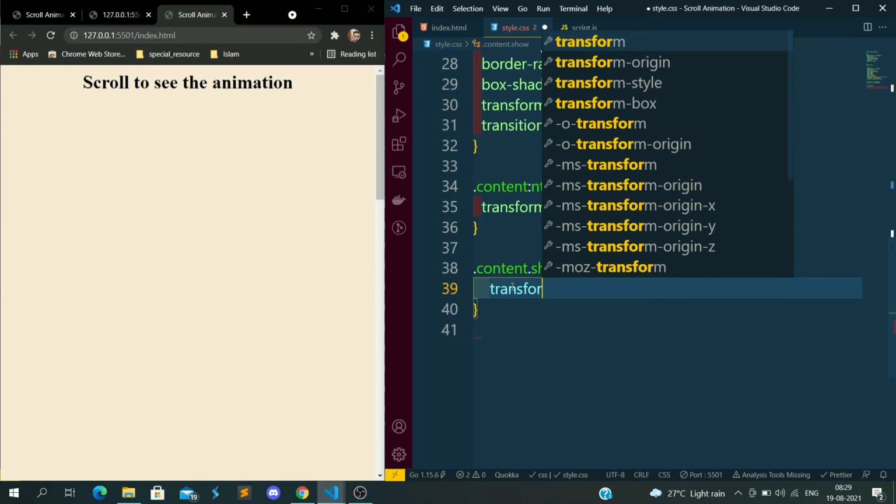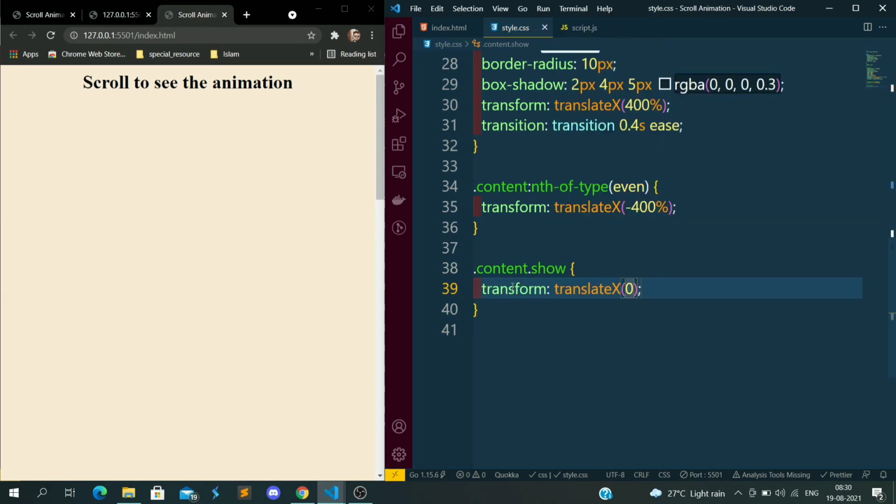As of now the translateX is minus 400% for even-numbered cards, and for odd-position cards it is 400% on the right side. So as soon as we scroll down, I want to add the class show using JavaScript, and I will make the cards visible in the middle. That's why I've given translateX 0 so that it will come in the middle.